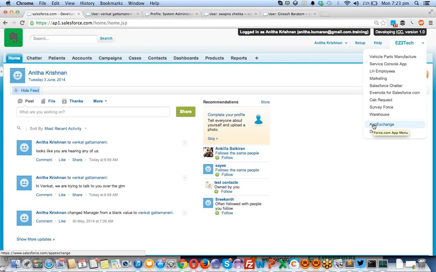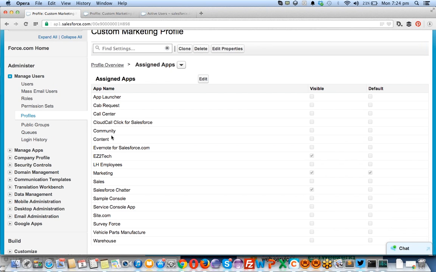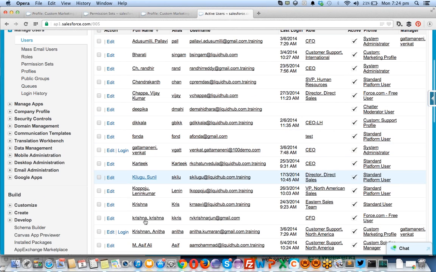So here is the option. I want to change the tab access now. Click on assigned apps, click on edit. So I want to remove all the access except Charter and even the marketing app also. Okay, Salesforce Charter, I want to enable the app also. Even I want to make the default app as marketing app. Remaining other stuff I want to